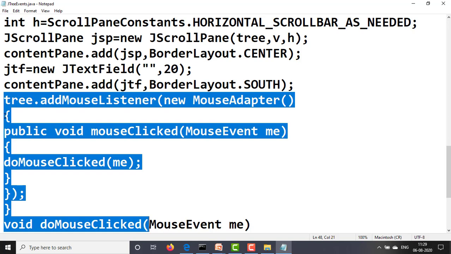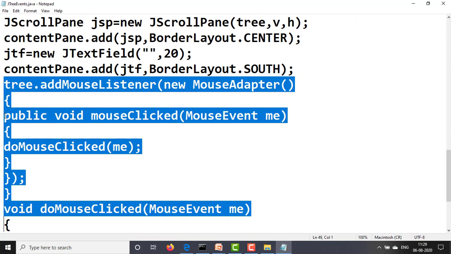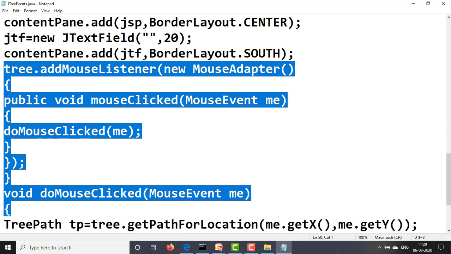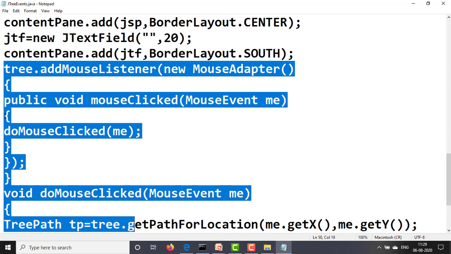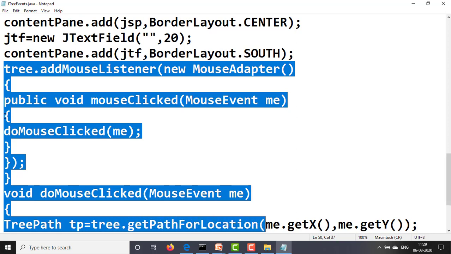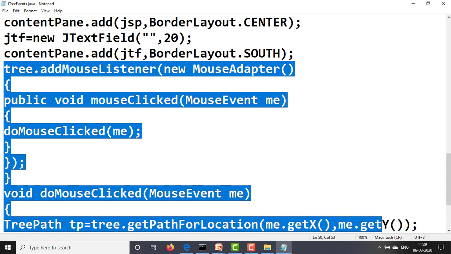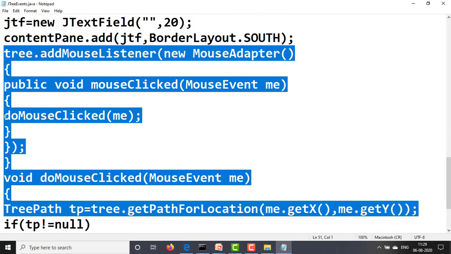Now a public void user defined method, doMouseClicked. void doMouseClicked(MouseEvent me), open curly bracket. TreePath tp = tree.getPathForLocation. This getPathForLocation method returns the path where the mouse is clicked, and where the mouse is clicked we are getting like this: me is the object of MouseEvent, me.getX(), me.getY();